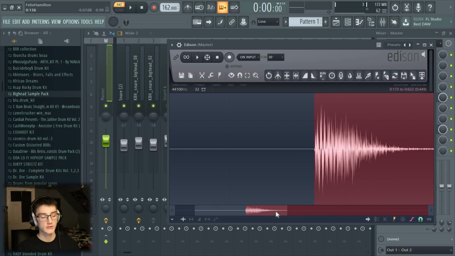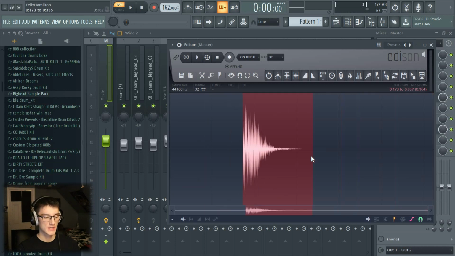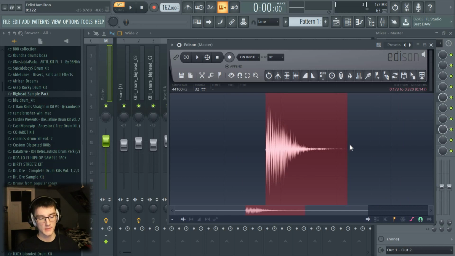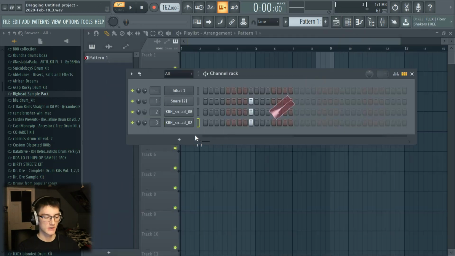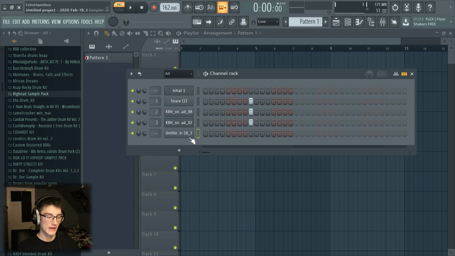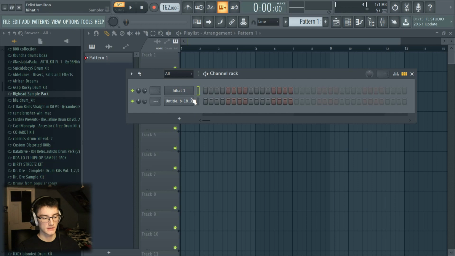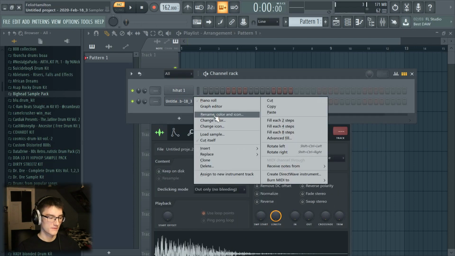You can left click and drag to where the sound starts and ends, and it doesn't have to be perfect because you can turn the trim up when we put it into the channel rack. But now you have basically all these 3 sounds in one sound here. So yeah, now if you would like to, you can select these and then Alt delete and then delete that. So yeah, now we have